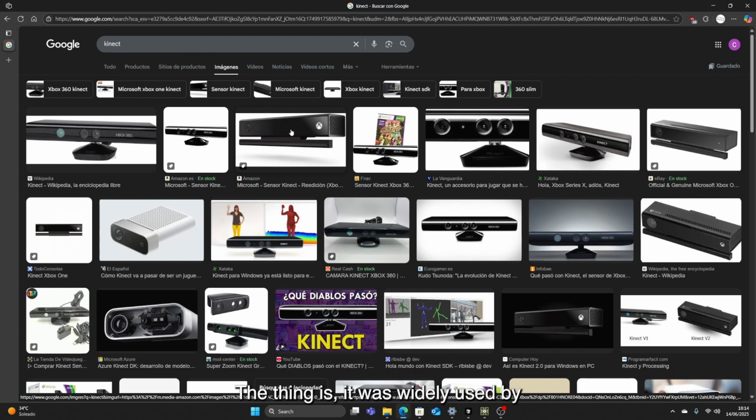The thing is, it was widely used by programmers, DJs, creative programmers, and artists who made interactive projects due to its low price and relatively good quality. They are very easy to find. We can find them on any second-hand website, and to be able to use them with our computer the only